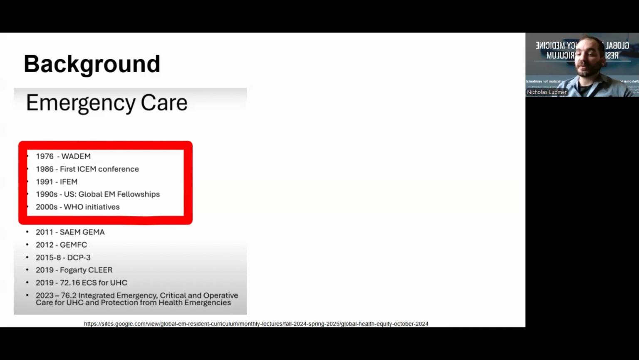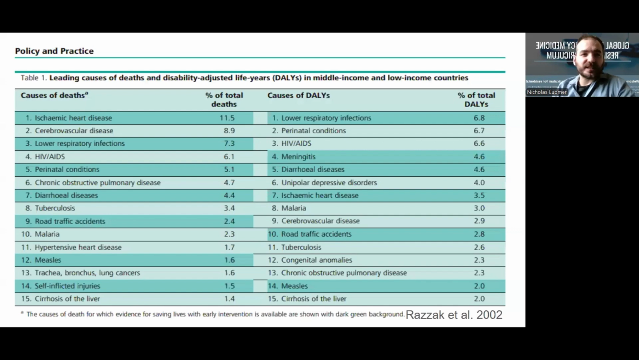But it also became more widely recognized that focusing on the management of acute illnesses as well was a huge opportunity to decrease morbidity and mortality and death from common issues. This was exemplified in a study from around that time. The study was done by Rozek et al. in 2002. And this table specifically highlights the 15 top causes of morbidity and mortality in low to middle income